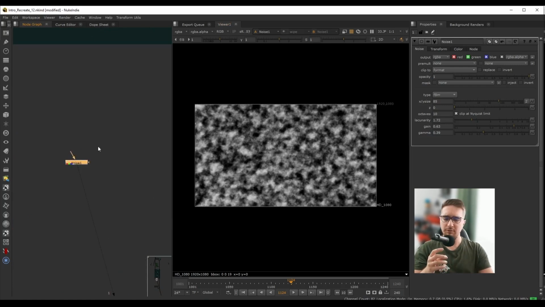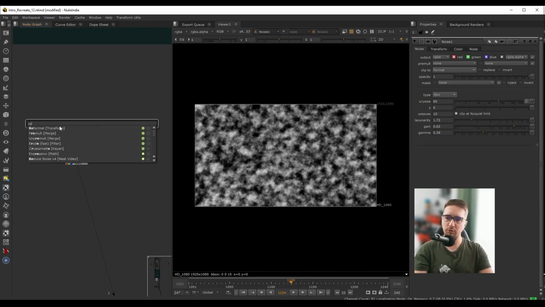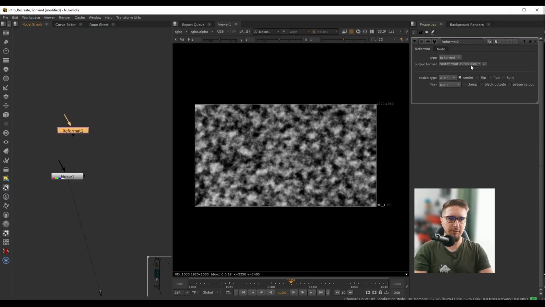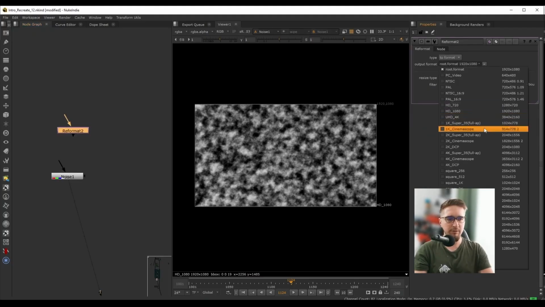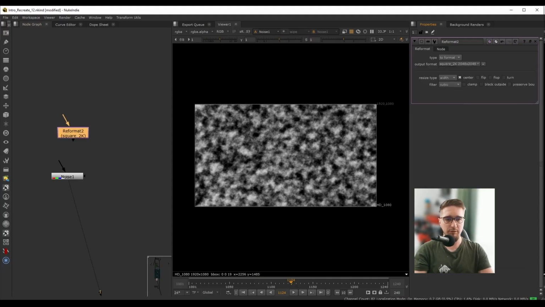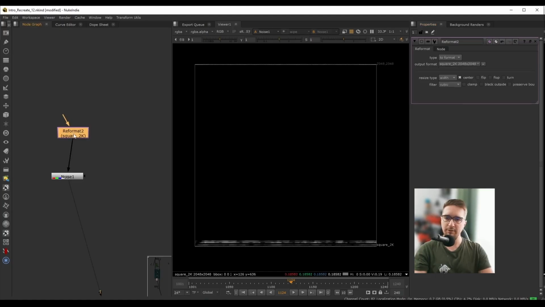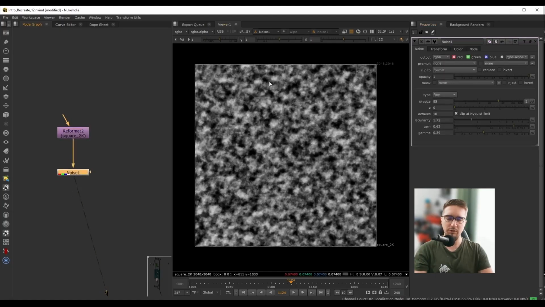So first of all, since I want to use this as more of a texture, I want to make this a square format. So if I do a reformat node over here and I set this output format, usually I like to use either 2K or 4K for this kind of situation. In this case, 2K will be just fine. Let's choose here square 2K, and I connect the noise to this reformat. The noise will now be mapped on this 2000 by 2000 grid,